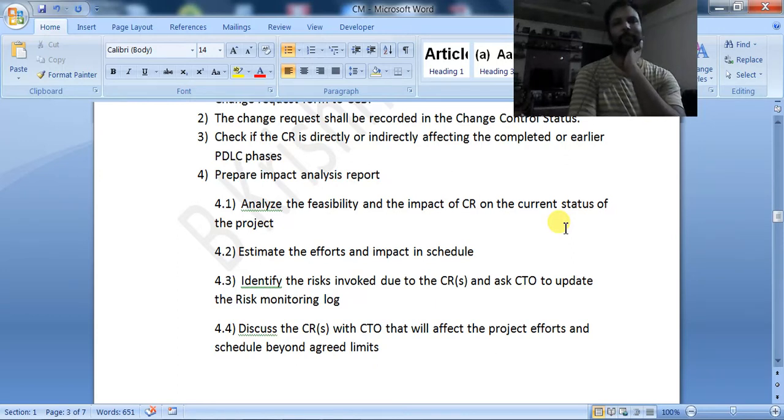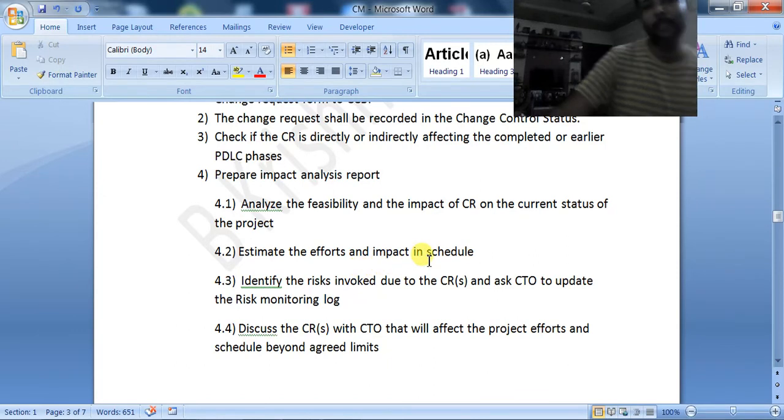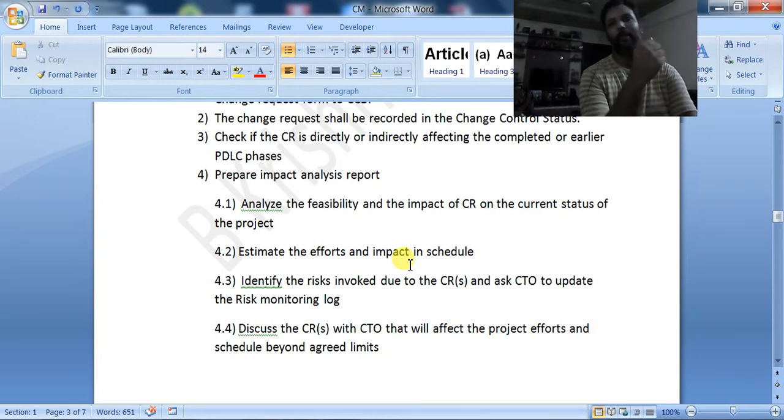Then they will estimate the efforts and the impact on the schedule: how many more man hours it will take, and how my schedule, which was made before, is affected.